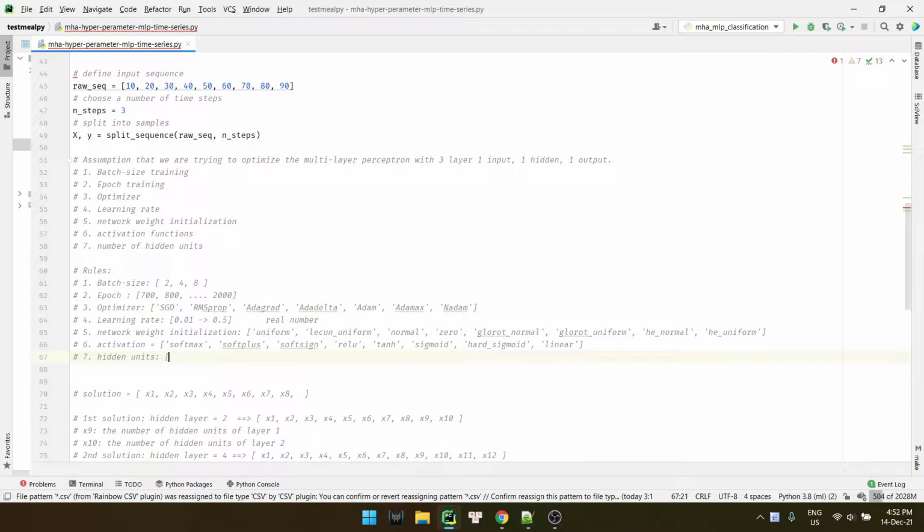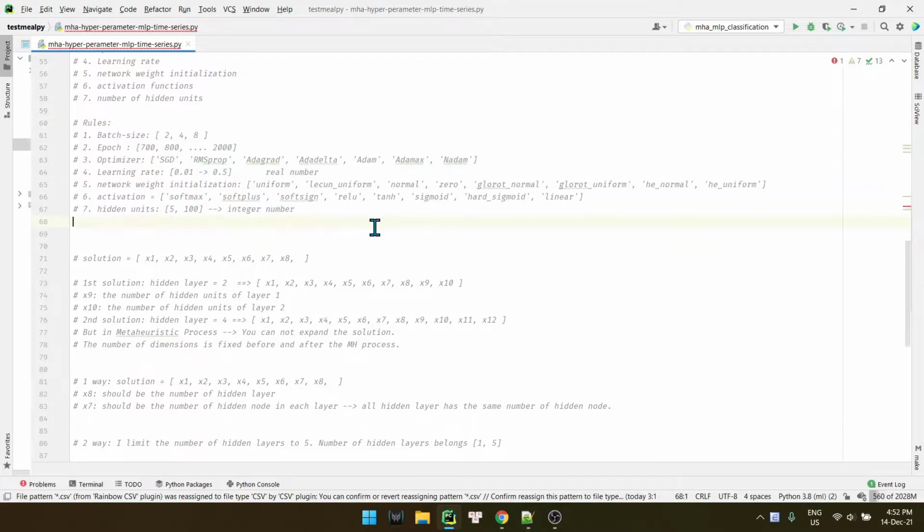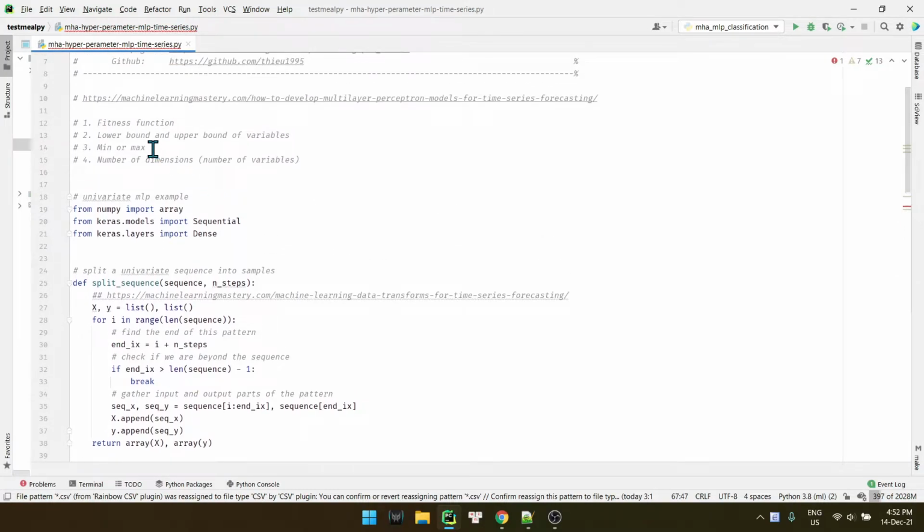Let's just say from 5 hidden to 50, or 100, and this should be an integer number. All right. So we have the ranges. From here we can create the lower bound and upper bound for it, right? So now we have the lower bound and upper bound.